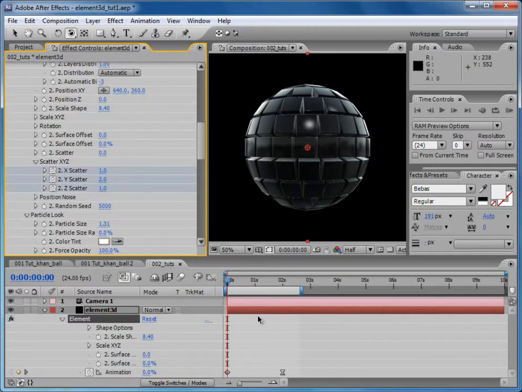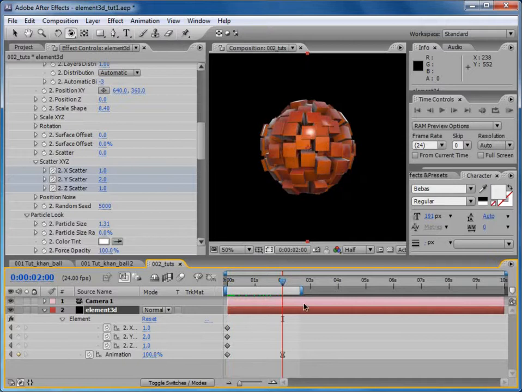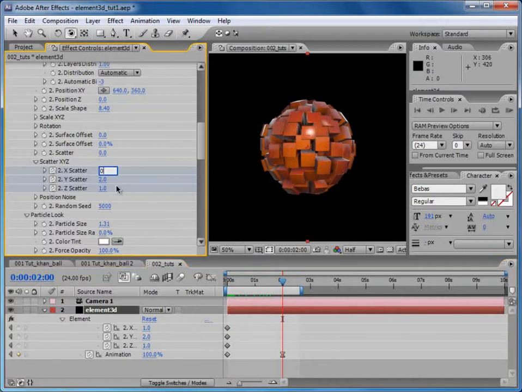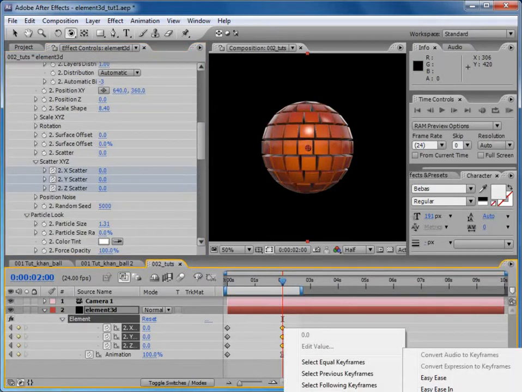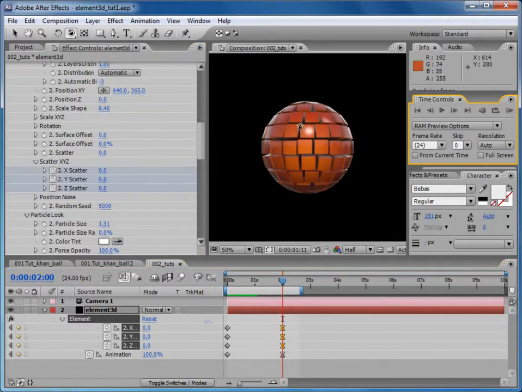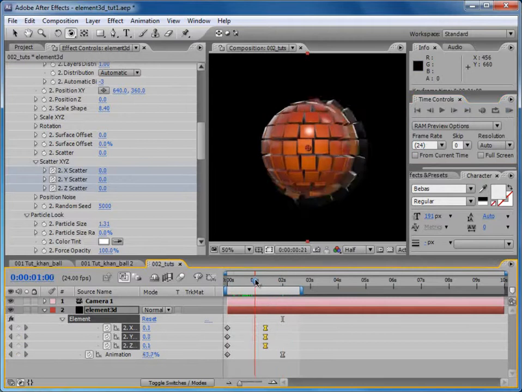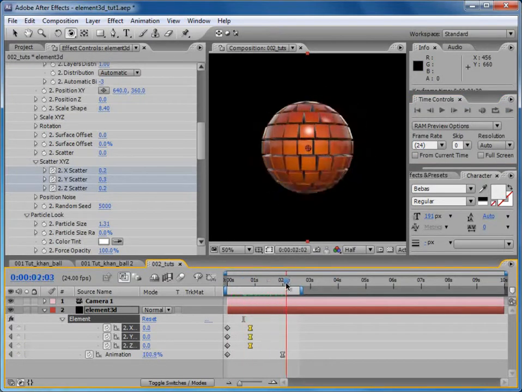Put a keyframe, press U on your keyboard and bring it here. So it's a bit unorganized, so you can bring it back to 0 and right click, keyframe assistant, easy ease. Now you can see there's a bit of randomness, and then comes back. Let's put it here. Right,